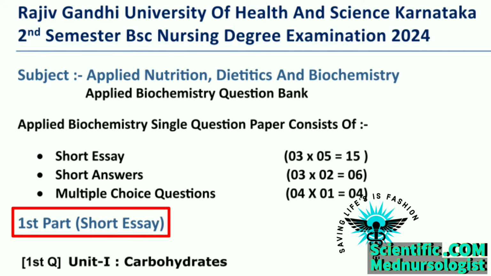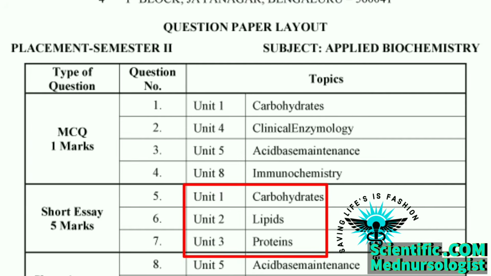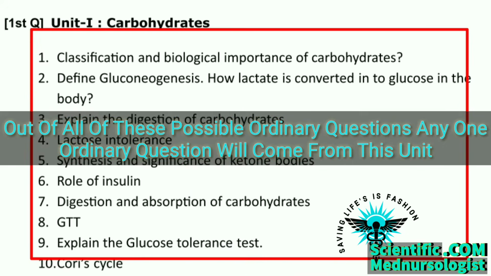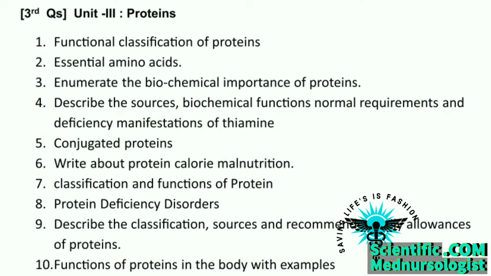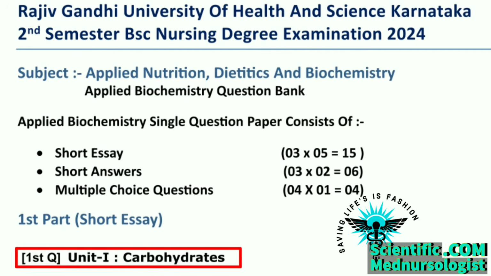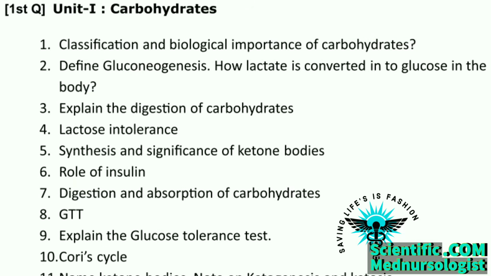So firstly, let's start from the short essay part. Let's see from which units a 5 marks question comes and how many 5 marks questions may come from each unit of the syllabus of Applied Biochemistry. Our short essay part consists of mainly 3 standard questions. All of these 3 standard questions will be asked in your degree examination, and the 3 standard questions will contain only 1 ordinary question each from the particular unit. Our first standard question is Unit 1, that is carbohydrates, and the ordinary questions in this unit are